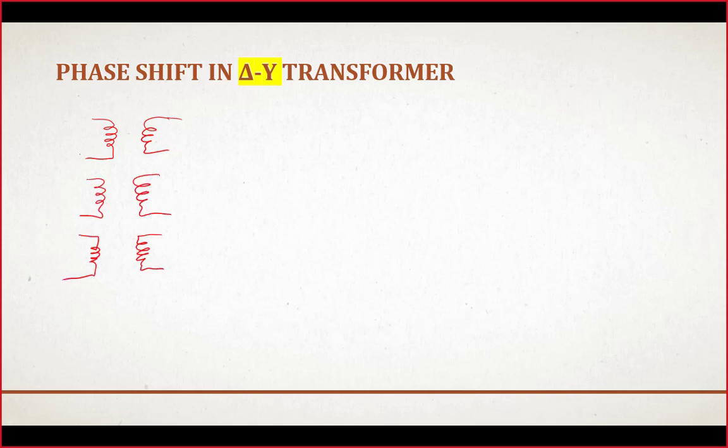Here are the three windings. Let's say the high side, or the primary side, is connected in Y configuration. Here is the polarity marking. It is easy to mention with the help of the dot, and the dot on the other side is like this, and we can call it A, B and C.